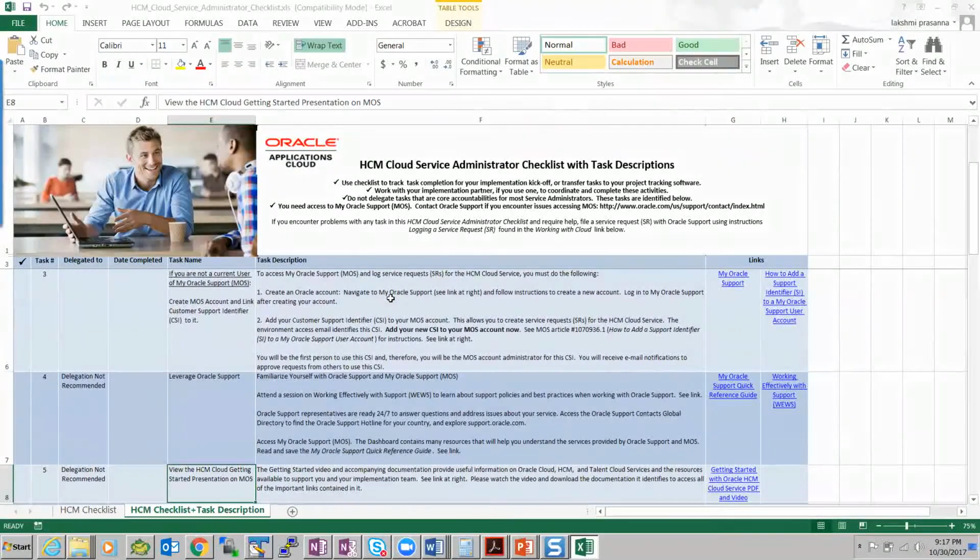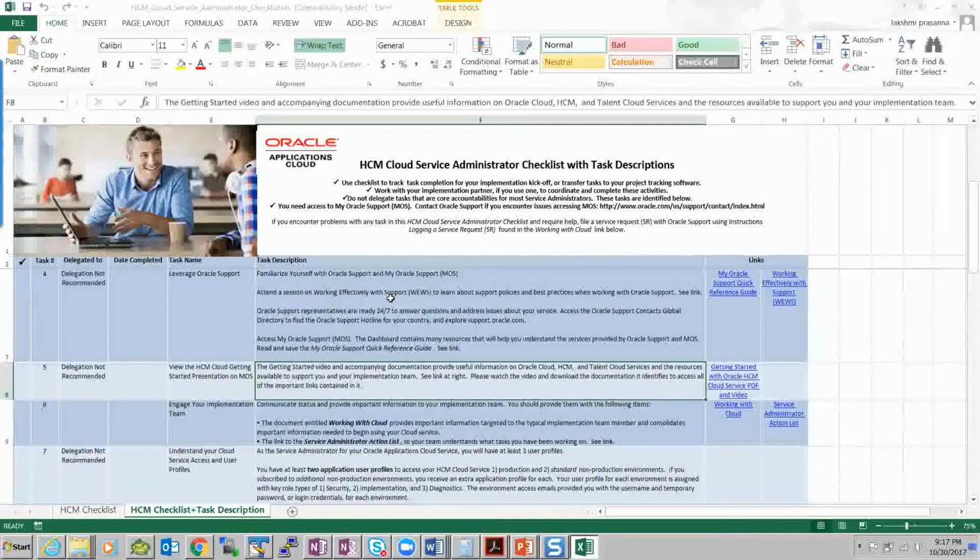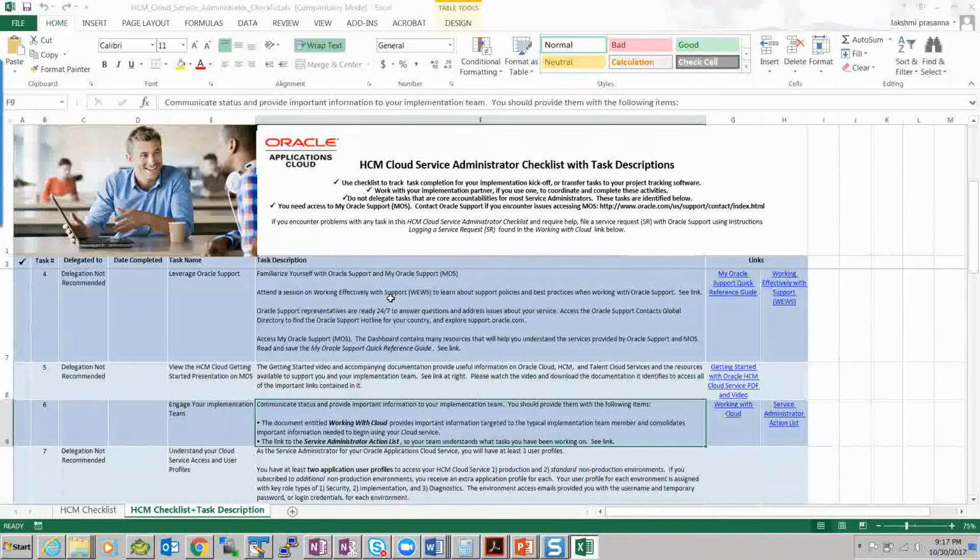And then we should start looking at HCM implementation. Okay, here you need to decide whether to engage an implementation team. Are you going to have an implementation team who can do it for you? Or are you yourself going to do this list of items, your implementation? Okay, who is going to do that? Based on that,